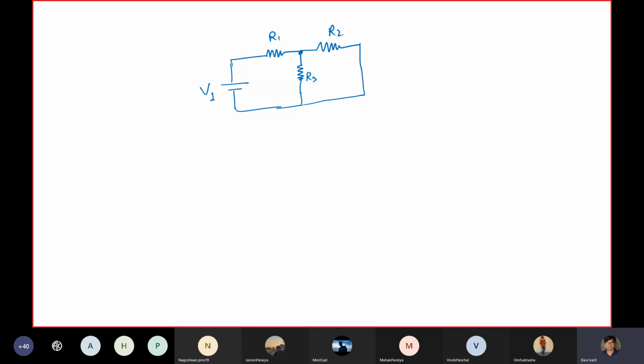Let's suppose I want to get to know the currents that are flowing in each of the circuits. So you start from 1, you go to 2, then 3 maybe. There is a voltage, so you take a loop like this, and a loop like this. You want to go in 2 loops, so 2 individual equations I will write. Let's suppose the current I1 is flowing in this circuit and current I2 is flowing in this circuit.